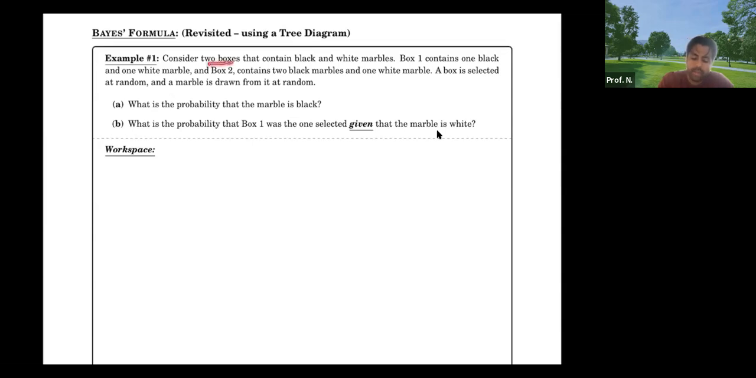We have 2 boxes. It contains black and white marbles. The box number 1 contains,